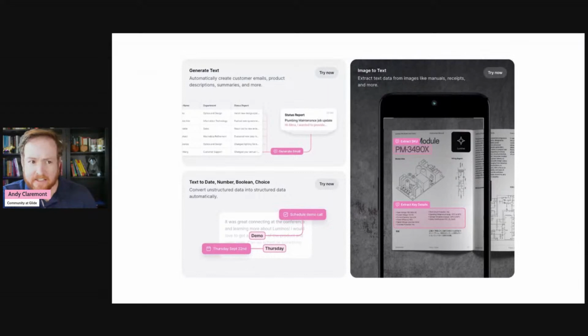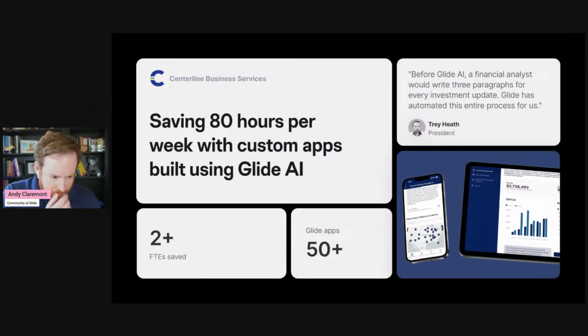Well, you can generate text. You can convert unstructured data into structured data, and you can extract text from images and audio. We think of all these different pieces as AI building blocks that you can use with any data source that works with Glide. So if you have Google Sheets connected, Airtable, Excel, you can extend all of that data using Glide AI. So here's an example.